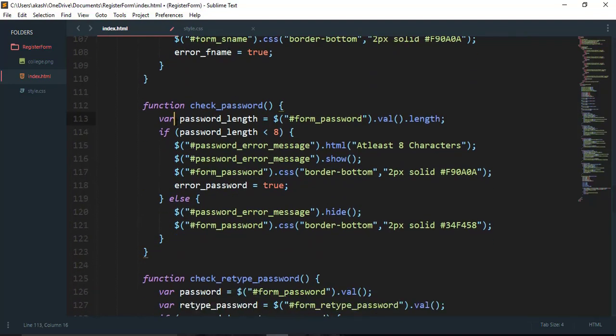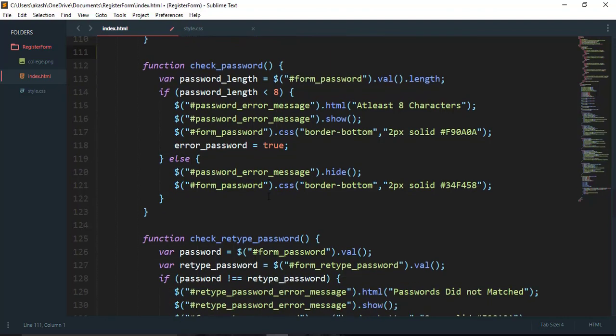For password, here we are creating a variable of password length. We are taking the value from the user, and now here we are also calculating the length of it. So in this if condition, we will check that if the password length is less than 8, then it will show the error message in the same fashion, like the HTML function will write the message, .show will show the message on the screen, and the border bottom changes color to red,